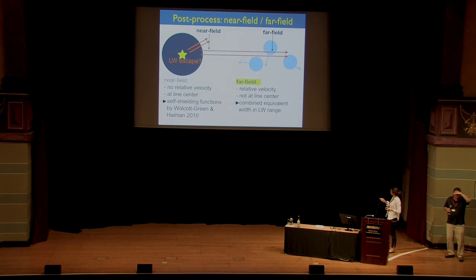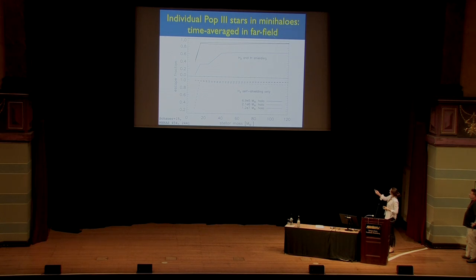But I also did in my previous paper consider the so-called far field, where I'm calculating the combined equivalent width of all the single Lyman-Werner lines and compare it to the total Lyman-Werner range. And there, the escape fractions are much bigger. Yeah, in fact, you can see this plot here. So the escape fractions are much bigger. But for one case, for the 10 to the 7 solar mass halo, the escape fraction here is at 70%